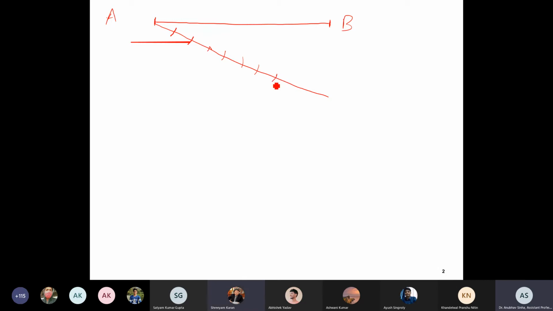Sir, are we marking them from a scale or compass? So this is done by a divider. You take a divider, or you can use scale also. You can mark 1 centimeter. That is also fine. But the standard way is that you take a divider. With the divider you will get that length, fix that length, and then mark again and again. So all this is 1 centimeter, 1 centimeter or 1 divider length. So this is the divider length. Okay, you can fix that divider, tighten that screw so that length will not vary. Is this clear?